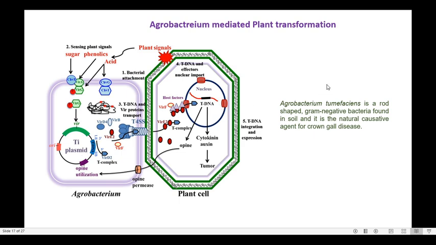So for plant transformation, we are using this to transfer our gene of interest. Normally this Agrobacterium transfers its T-DNA into the plant genomic DNA to produce the components which it needs. But what we are doing is disarming this Ti plasmid by removing the T-DNA molecule and putting in our gene of interest, so that our gene of interest will get integrated into the plant genome and it will not produce the crown gall disease.